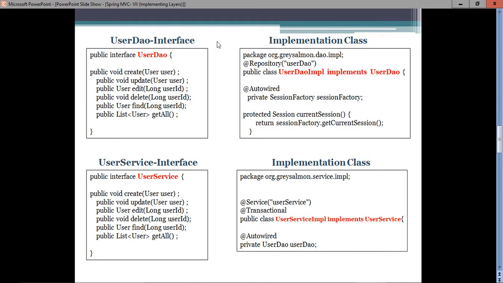So why are we creating the interface and then writing the implementation class? Now see, when you write an interface, from the service layer only the methods which are defined in the interface will be called, and ultimately the method in the implementation class gets executed. Whenever you want to change the implementation class, you are free to change the methods there, and that implementation class should implement the user DAO interface.